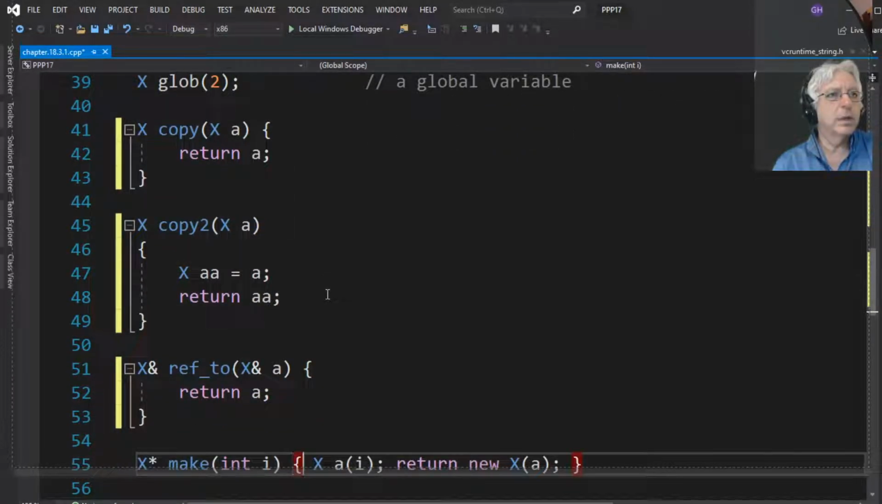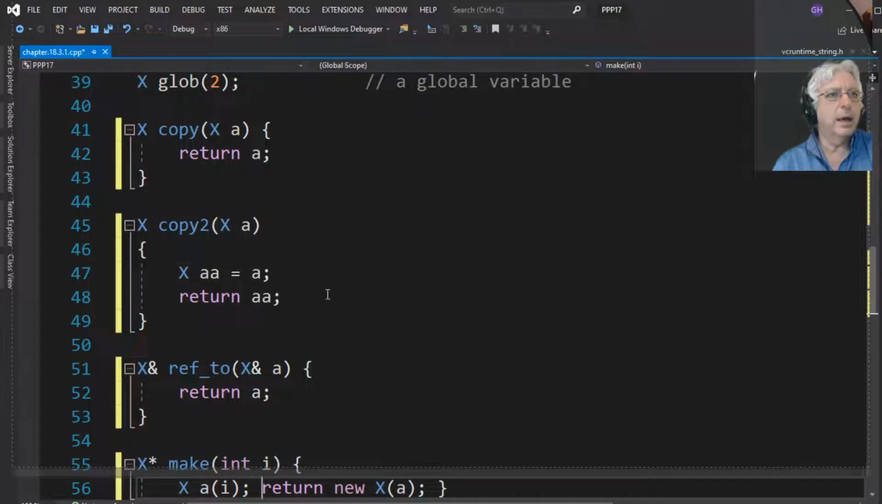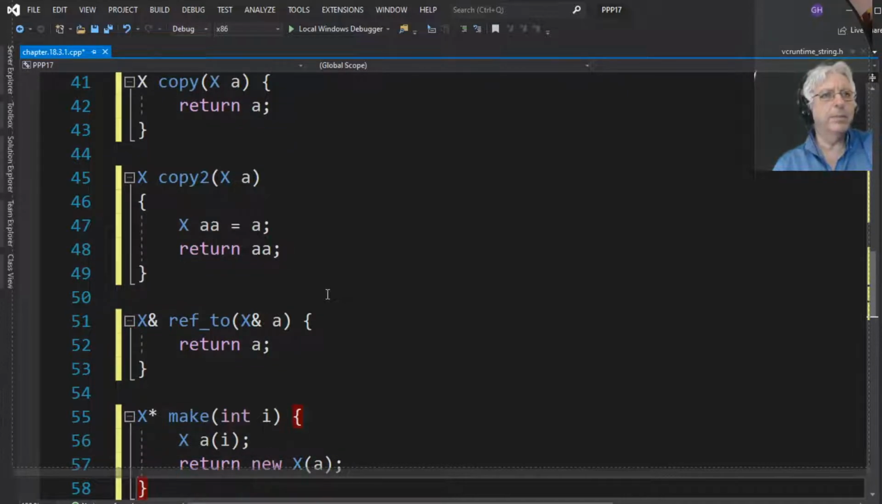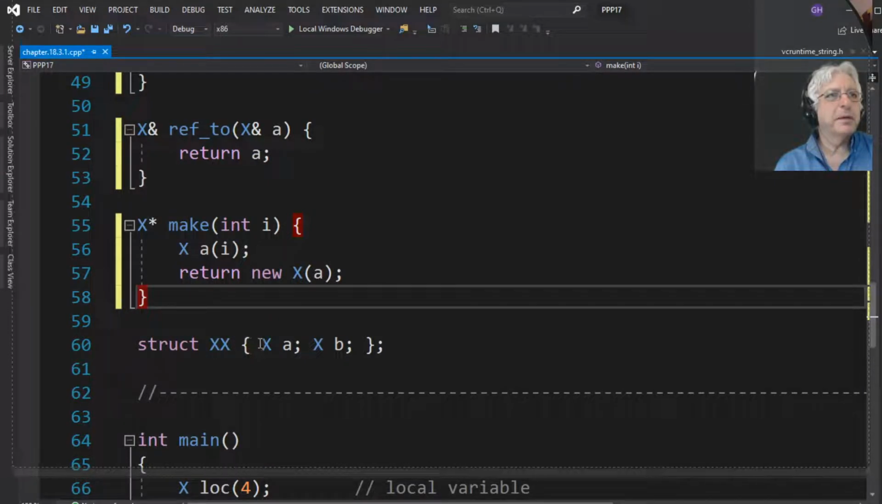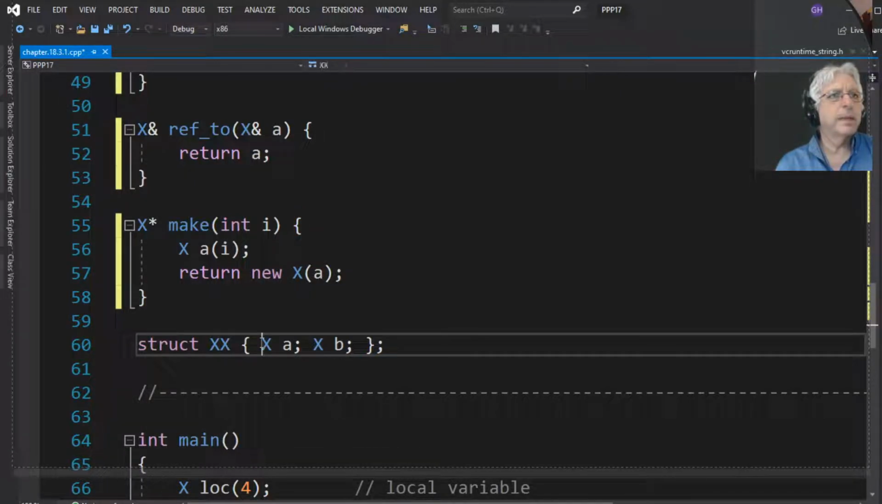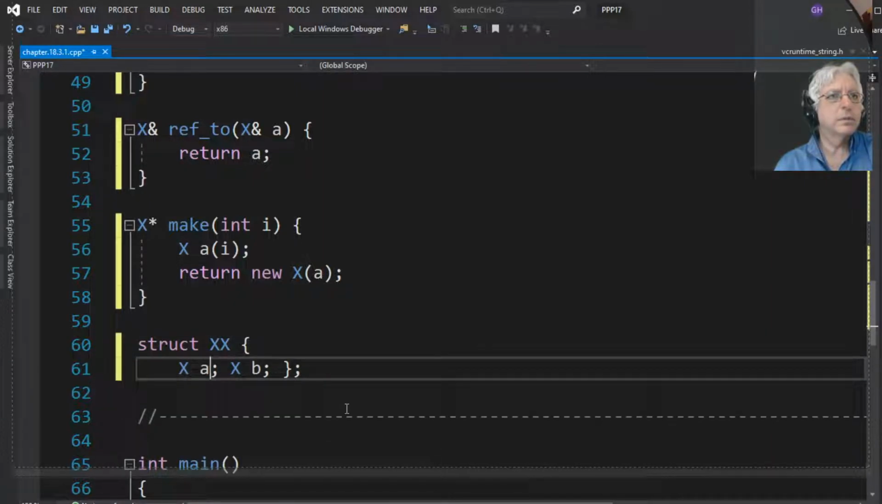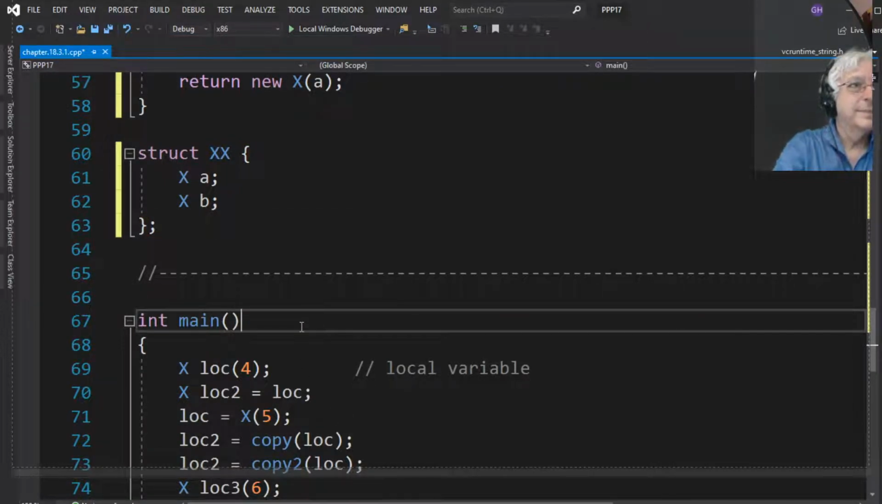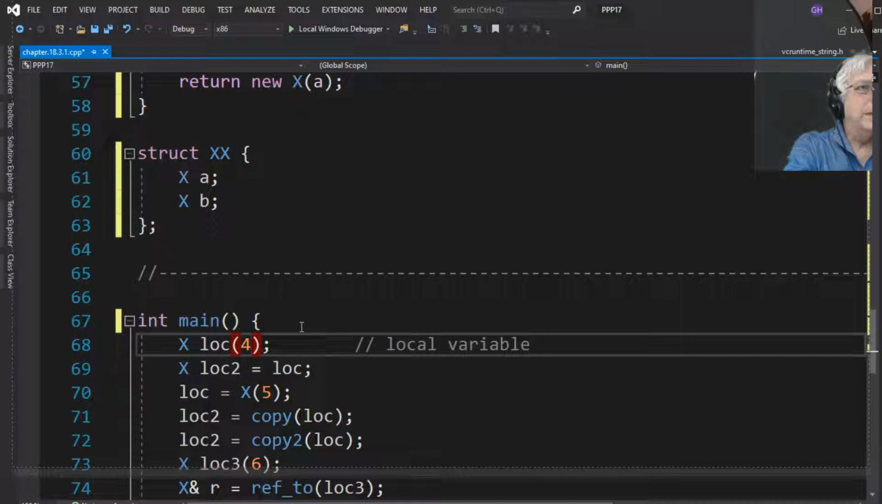Here we have a function called make, which takes an int I, constructs an object of type X called A with that integer I, and allocates memory on the heap for a variable of type X, which is initialized to A. And here we have another struct definition called XX, and it's just got a couple of member variables of type X called A and B. All right, so then we declare a local variable,